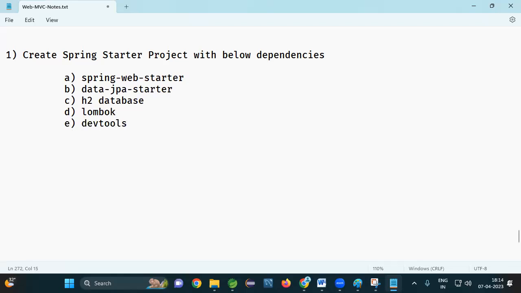Now there is a problem. When you add the dev tools, it will restart the server. When it restarts the server, the database also will be restarted. Whatever data we have, that will be deleted. Right. Now after this,